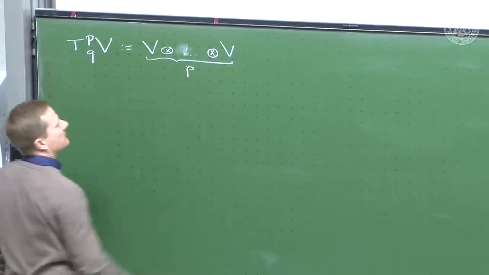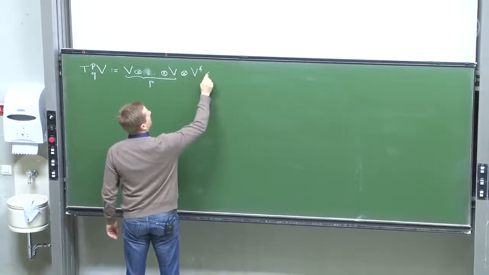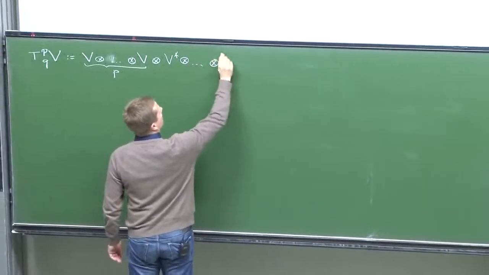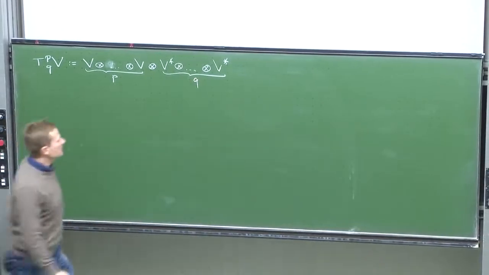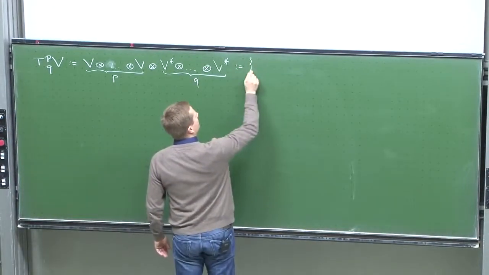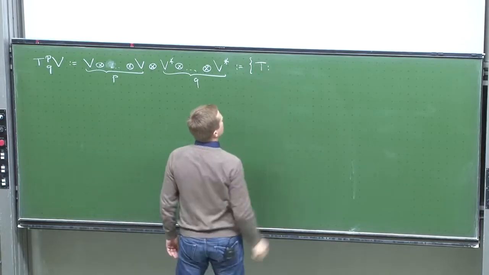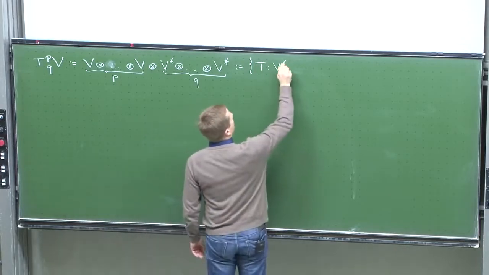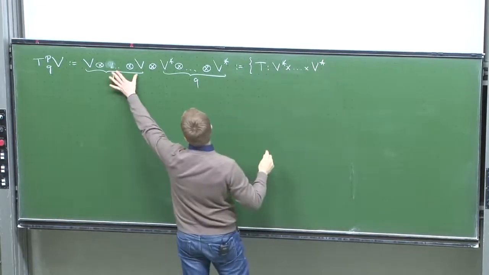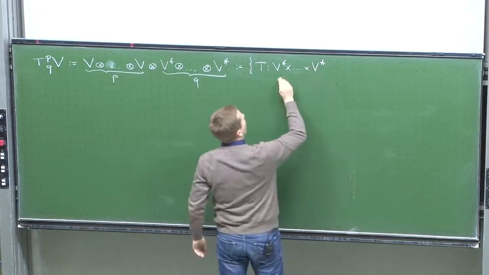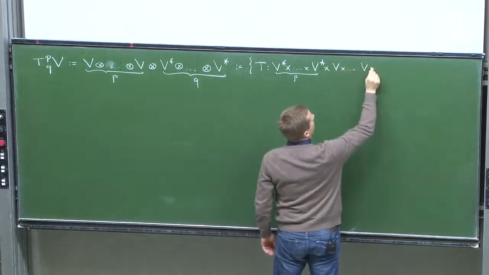P copies of V, and then there's another tensor product symbol, and then there are Q copies of V star, and all of this is just a symbol. And it's defined to be the set, first of all, the set that contains all multilinear maps that start from P copies of V star. So you see you have P copies of V here, but the map goes from P copies of V star and Q copies of V